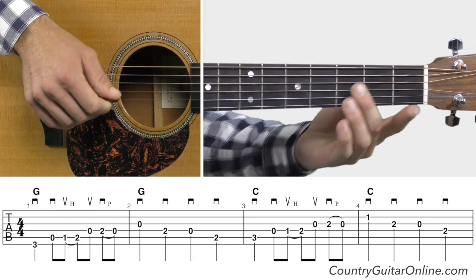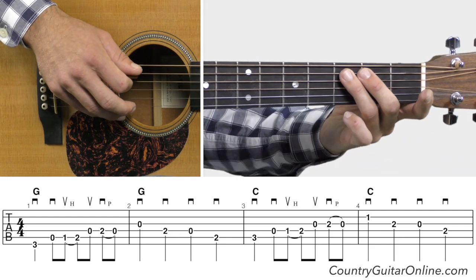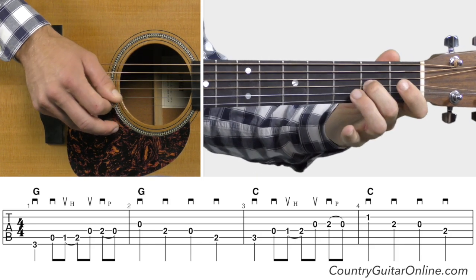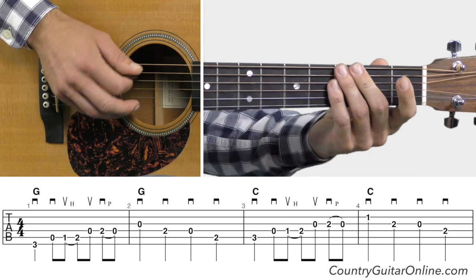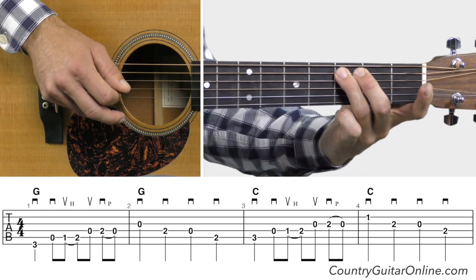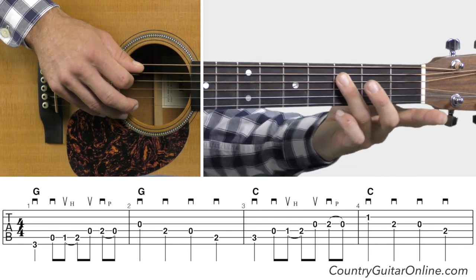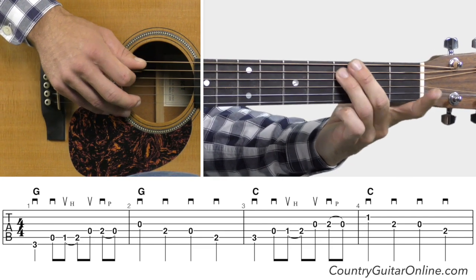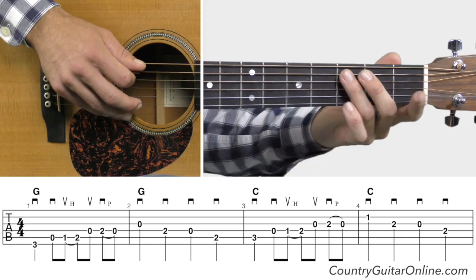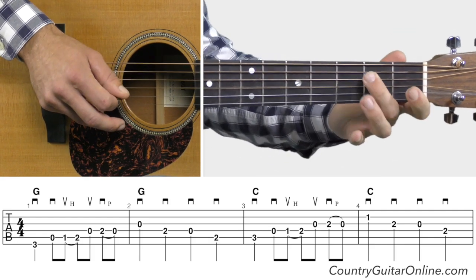And whenever you're ready, let's check out the third and the fourth measures. The same type of lick over the C chord. That third measure right there, you pretty much already know how to play that. The first note this time will be on the 5th string, 3rd fret. 1, 2, and 3, and 4, and 1, 2, and 3, and 4, and